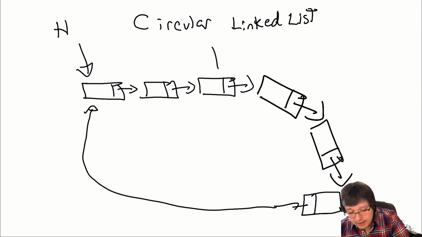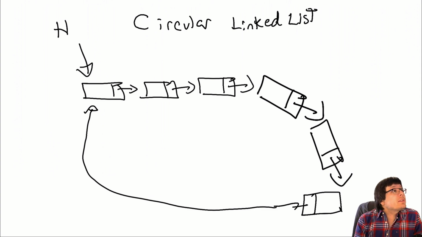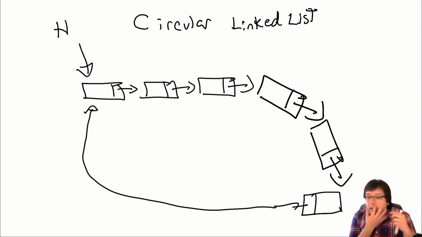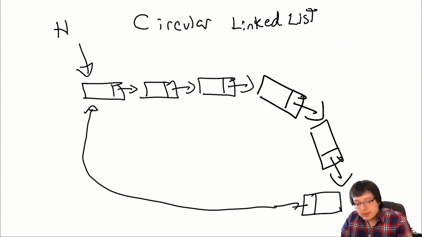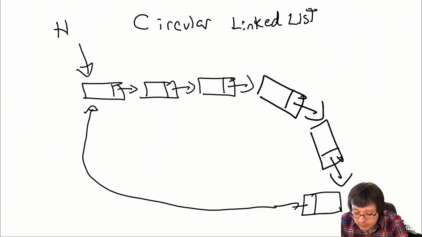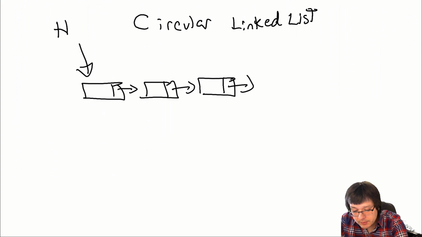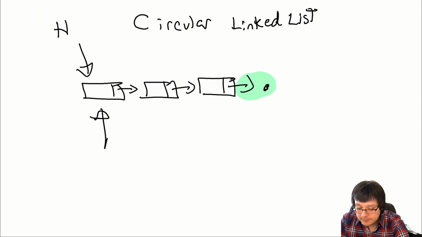So the question asked, explain how to make a single linked list into a circular one. All you got to do is take the last pointer of the last node, so the last node's pointer, I suppose, and then just link that to the beginning. So in a more traditional representation, we got something like this, a normal linked list. All I'm going to do is update this pointer from null and set it to be the address of the first node, which is actually stored in the head pointer, right?